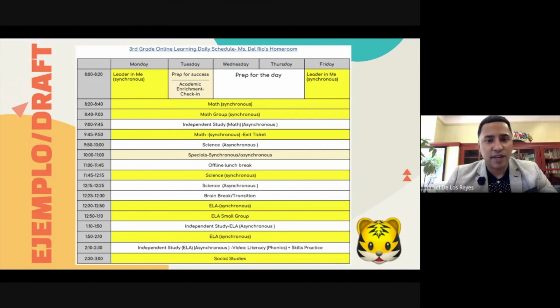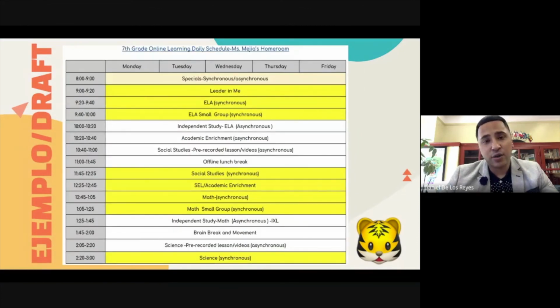And then moving on to third grade, you could really see how we tried to approach, in our overall approach to this, live time, independent time, live time, independent time, a hybrid of the two. As the children get older, you will see that they do have a higher amount of required minutes, but we still try to give them some break time, some